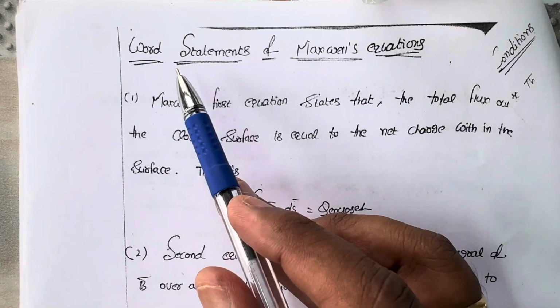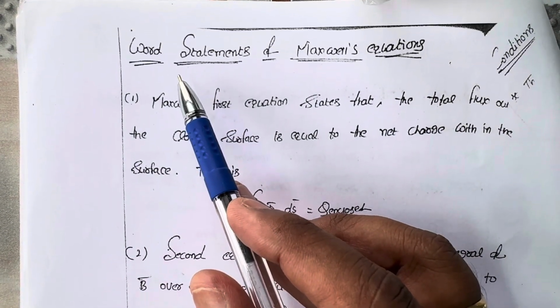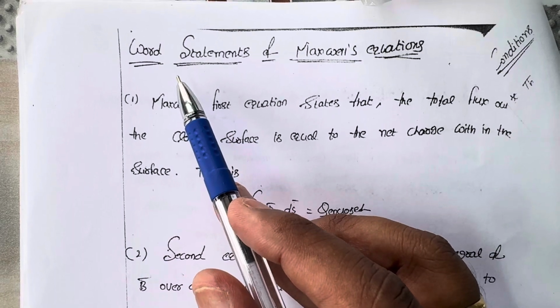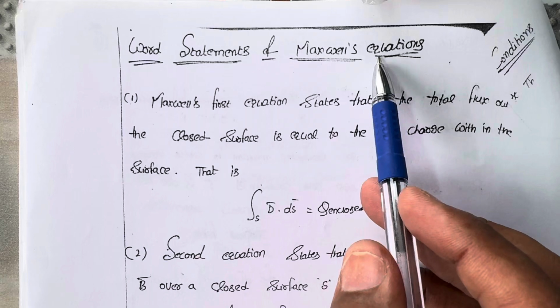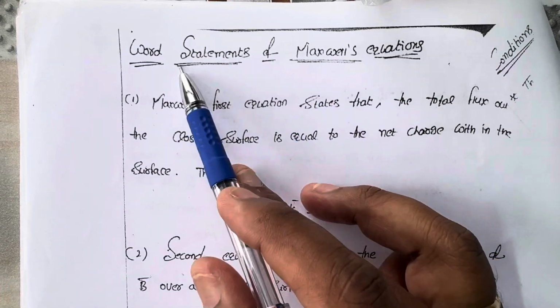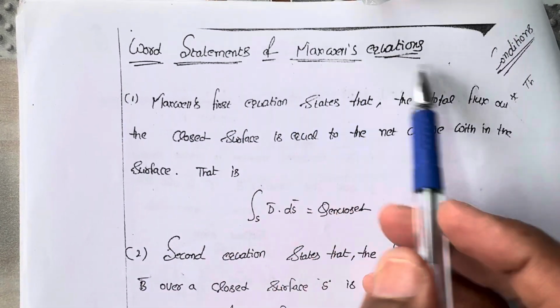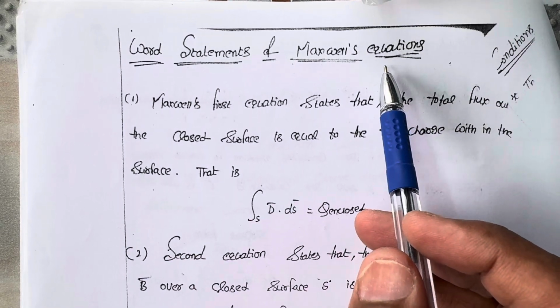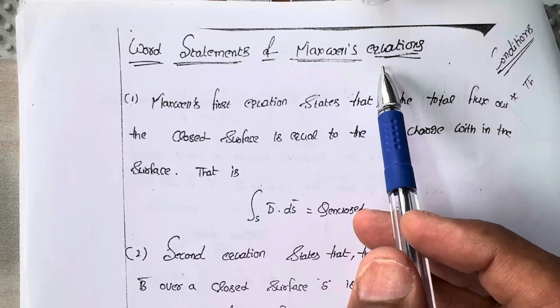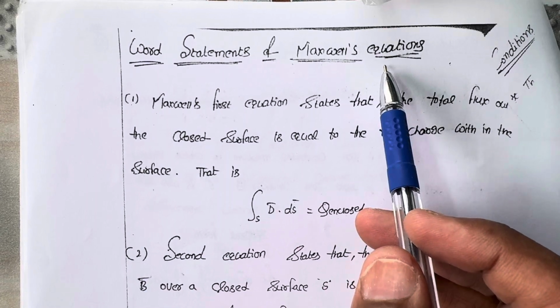Here is one of the very important topics regarding Maxwell's equations, that is, word statements of Maxwell's equations. Very important topic. That means in our previous sections we have already discussed the four Maxwell equations, and those are obtained